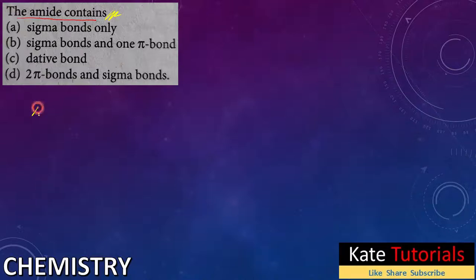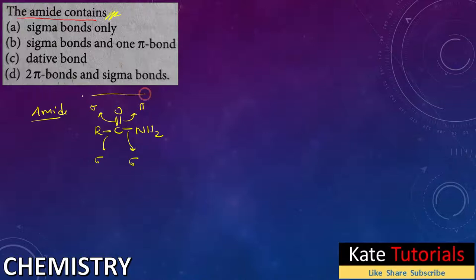So we know what amide is. Amide is nothing but RCONH2. So this is amide. So what are there in this amide? It contains a sigma bond. This is a sigma bond, right? This is also a sigma bond, and here one will be a sigma bond, and the other one will be a pi bond,